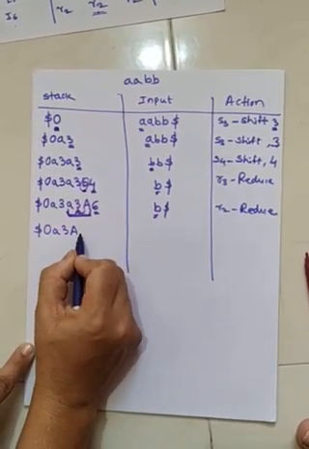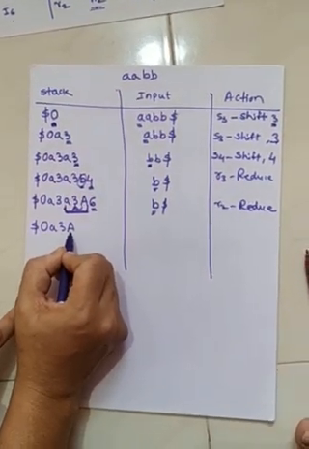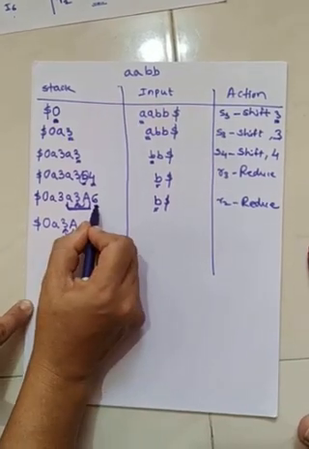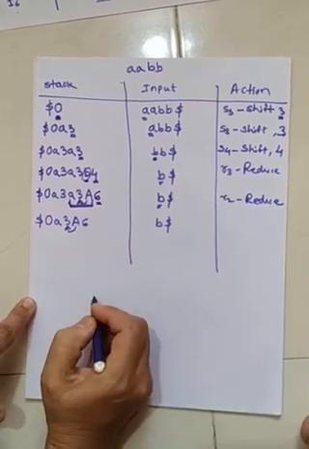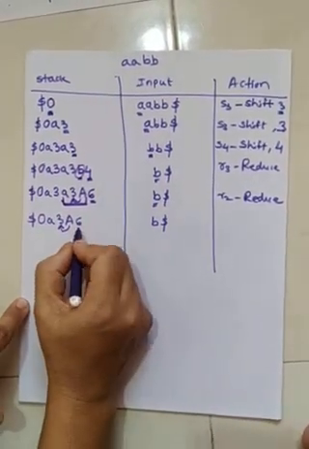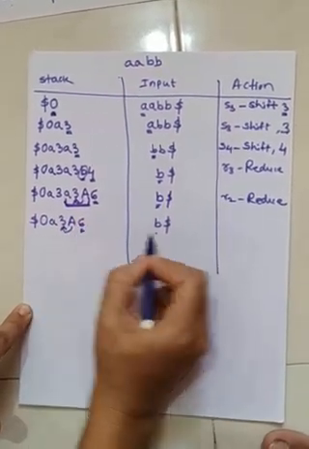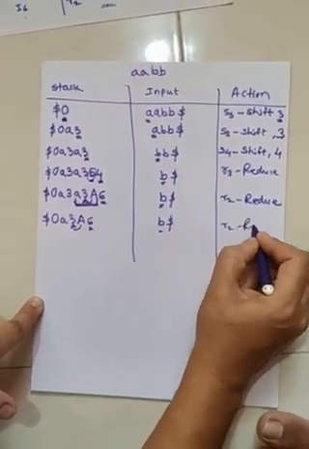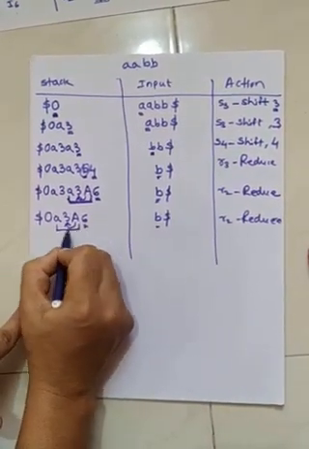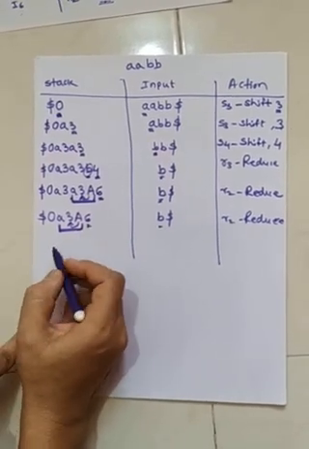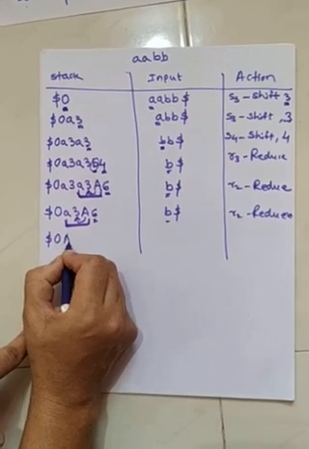Again we have to find the number here. So again looking into back side for non-terminal A into state 3. Again the same state number we will get, that is 6. This B and $ as it is. Now we have to check again for state 6 B. So same here for state 6 B we have again reduce action, and again this complete term can be reduced by the non-terminal A. So now we have $0 A.